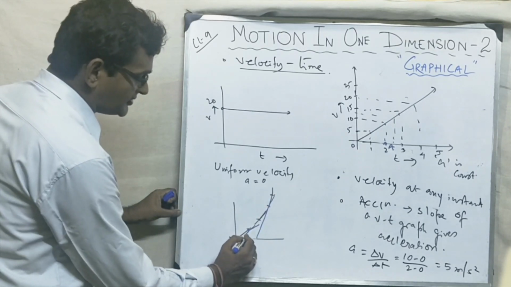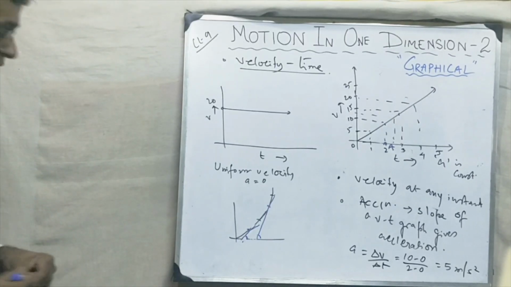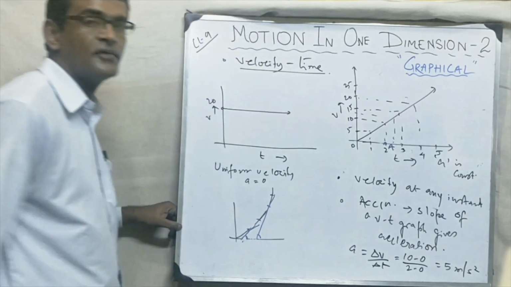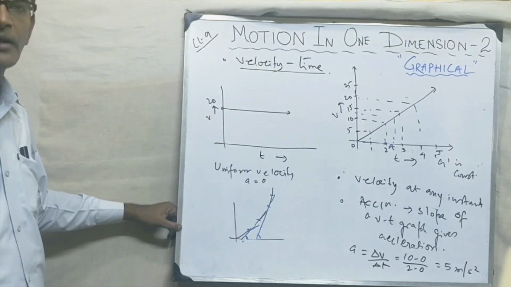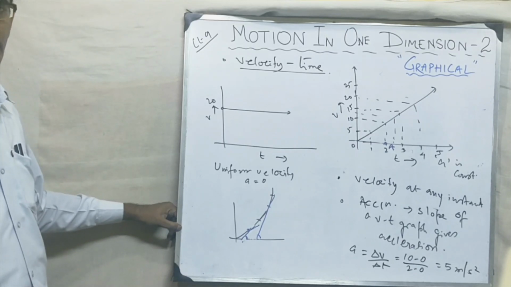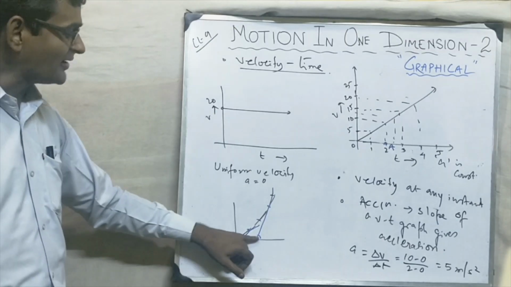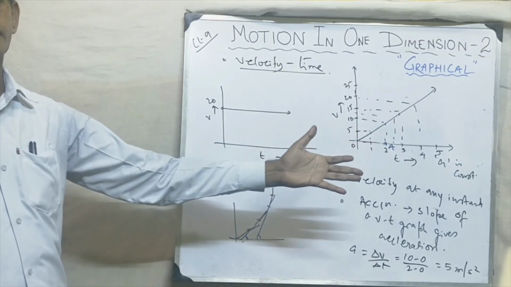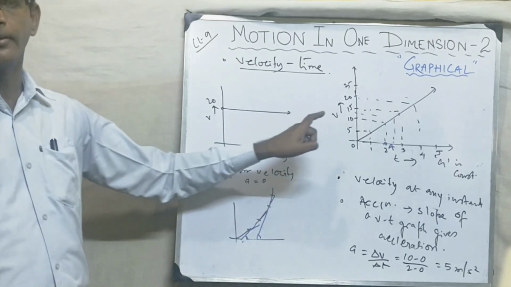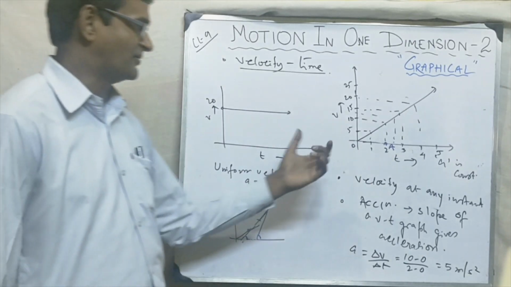Now we can see this angle and this angle are different. Yes or no? Obviously. So if these two angles are different, then their slopes will be different, because, as I told you in the previous part, slope is actually the tangent of the angle, related to the angle trigonometrically. So if the angle changes, the slope will also change. So this shows that in this case the slopes are different. But this is not in our syllabus. You will study this in class 11 if you take science.